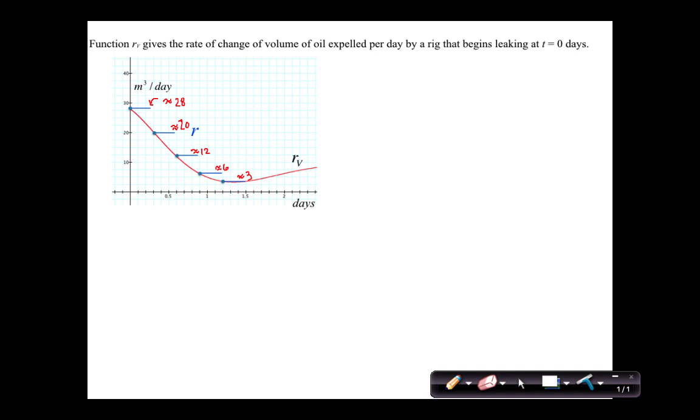But looking at this, I have this exact rate of change function that has infinitely many different values that apparently vary from around 28 down to something around 3 and then go back up, at least I've picked out what some of those are. So if I wanted to know, just as a quick example, how much oil leaked during the first 0.6 days, using my estimate, not the actual function because that's got too many different values to deal with unless you're a computer, I could say, if I want to know what happened during the first 0.6 days,